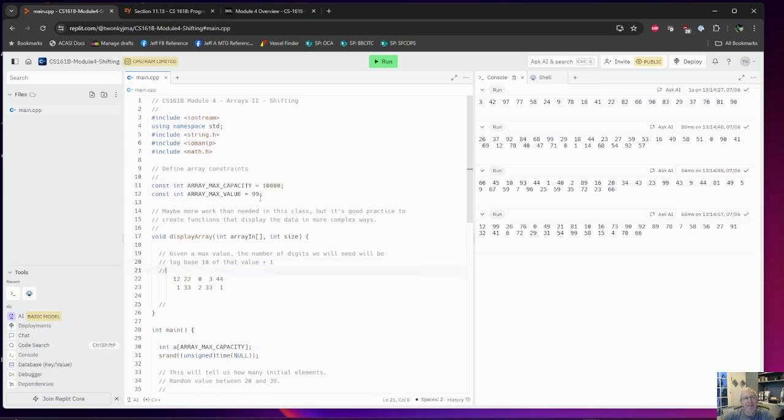Okay, so in other words, if my max value is 99, the log base 10 of 99 is 1.89 something, I think, because we know that the log base 10 of 100 is 2, right? 10 to the 2 is equal to 100. Okay. If this math is like, eyes glazed over math, you may have learned this, you may not have learned this. Don't worry about it. I'm not trying to teach these log functions here, but it's just a way to avoid hard coding,